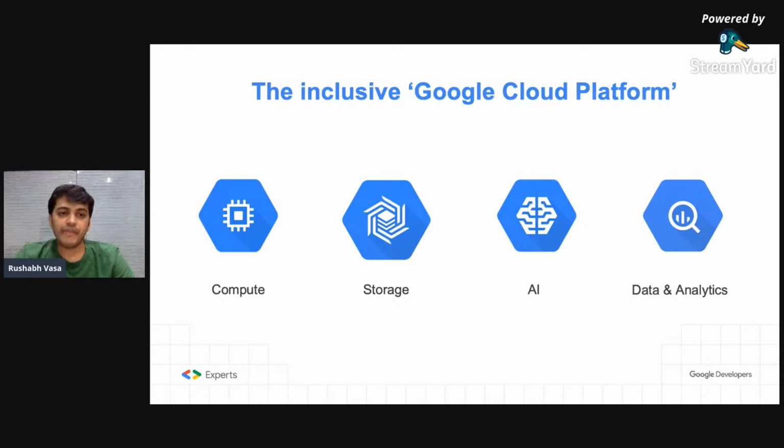Now, when we talk about Google Cloud platform, there are multiple components, but the major ones are compute, storage, AI, and data and analytics. These are the four components you should think of when building your project or product: what kind of compute power you need, what kind of storage you need, and what kind of AI services or modules you are going to build or need. And then, of course, everything you build has data and analytics to it. Today it's all about data and analytics, so you should have a robust data and analytics solution, or at least the thought for it, even if you don't build it now.